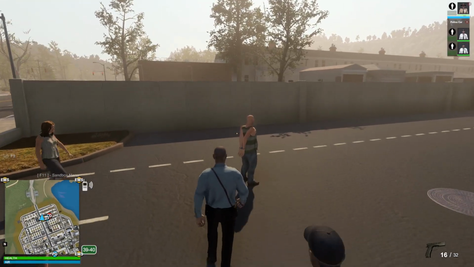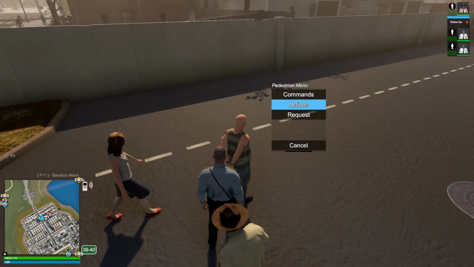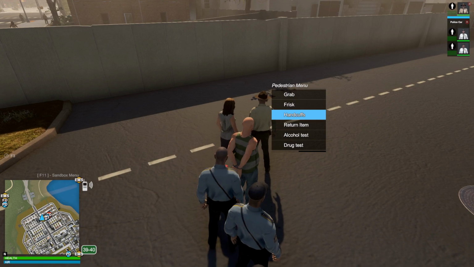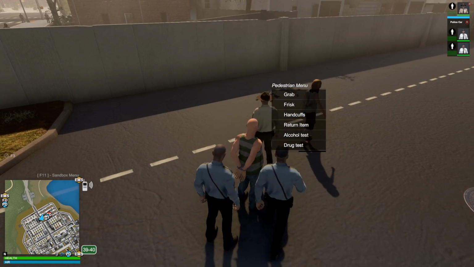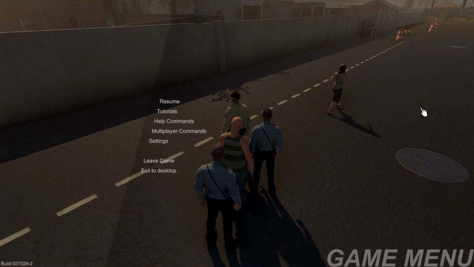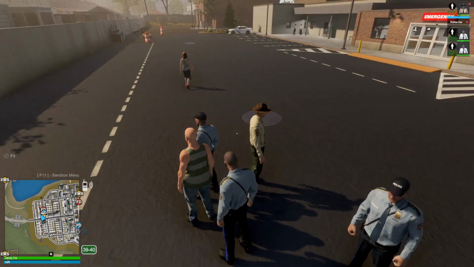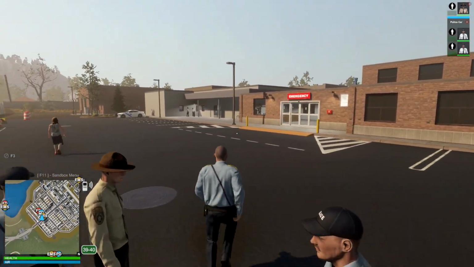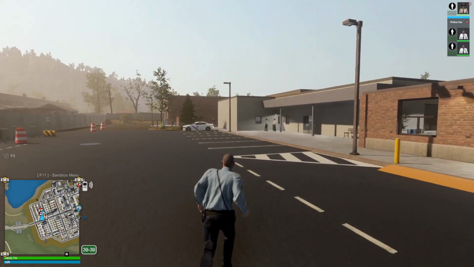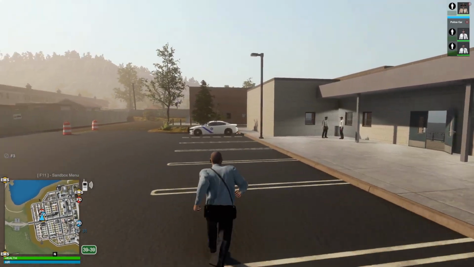Okay, so this person is now detained. So let's go ahead and get him out of the cuffs, and then let's go ahead and talk a little bit more about this radio thing. So let's go ahead and take him out of the cuffs. Sorry, sir, I had to use you as an example. I hit the escape button too fast. Gotta love it. Okay, so the only downside about this, just keep this in mind,